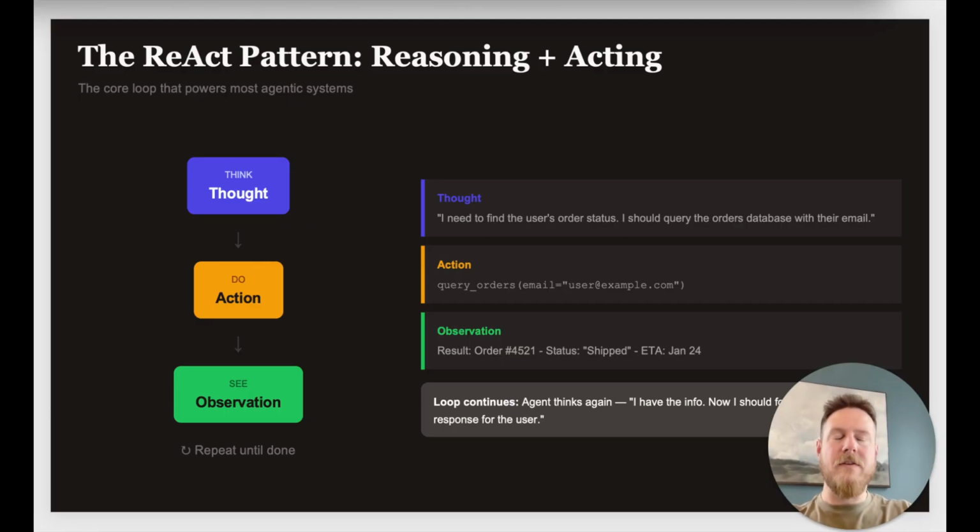This is really the foundation for how agents break down complex tasks into manageable steps, and each cycle gets us closer and closer to that end-state goal. There is a paper where this was introduced from 2022. It's worth a Google search, just "ReAct white paper 2022", and it is worth a read if you would like to go deeper on the concept.